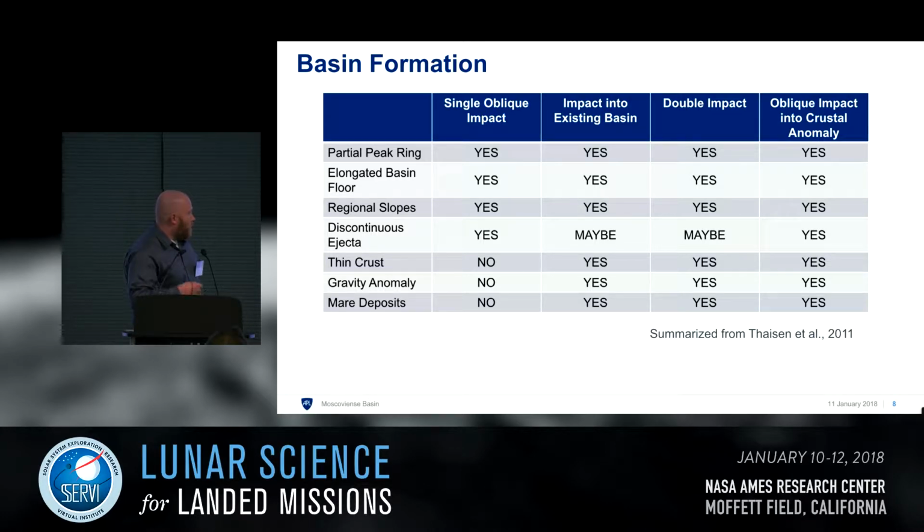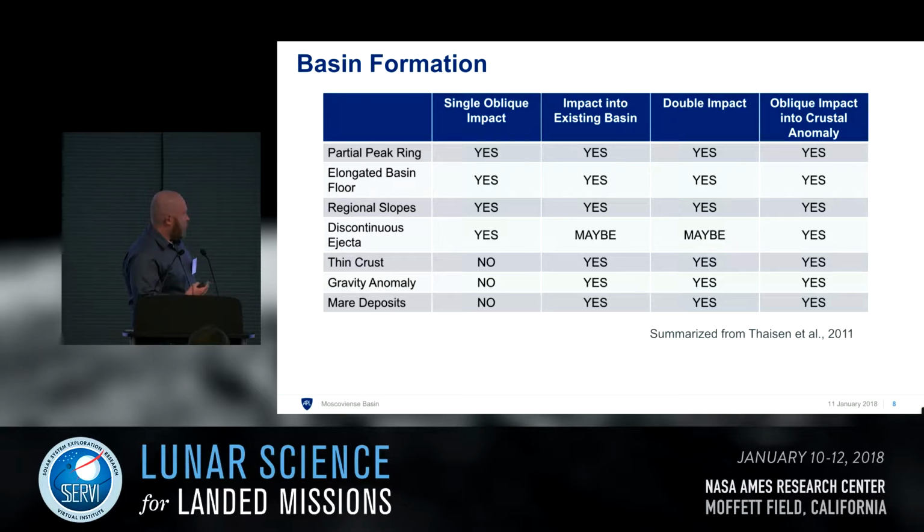Thaisen et al. 2011 wrote a very nice paper, talked about the geology of Moscoviense, and in the paper they talked some about the origin. These were the 4 hypotheses that they put out there that had been somewhat discussed in literature previously for the formation. The simplest is a single oblique impact, which can explain basically all of the surface features that you would see. It explained the partial peak ring, the elongated floor, the regional slopes, and the discontinuous ejecta. It can't explain any of the subsurface